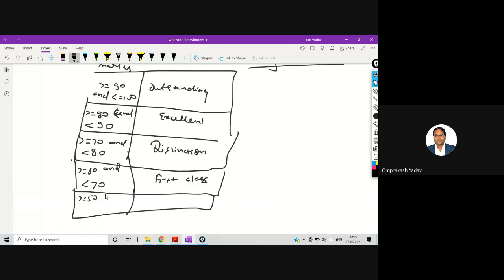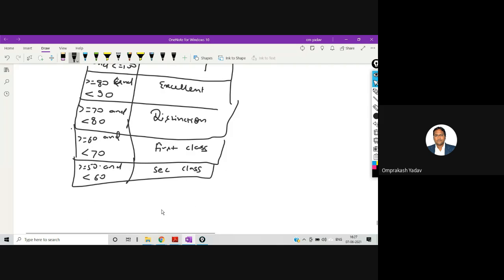Greater than equal to 50 and less than 60, second class. Greater than equal to 40 and less than 50, pass class.